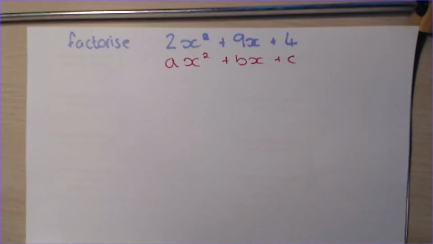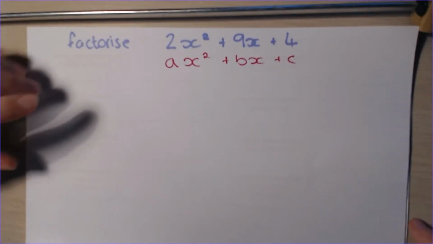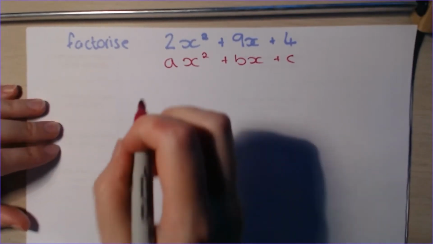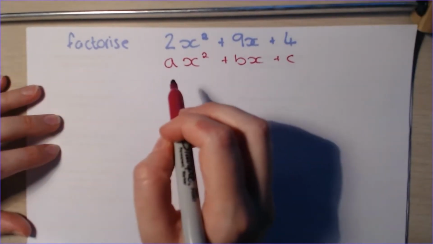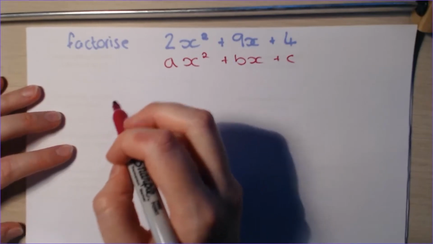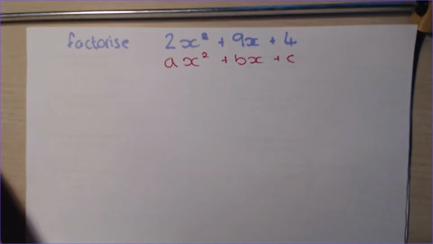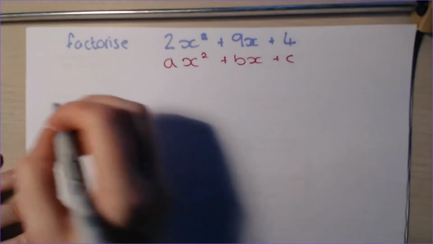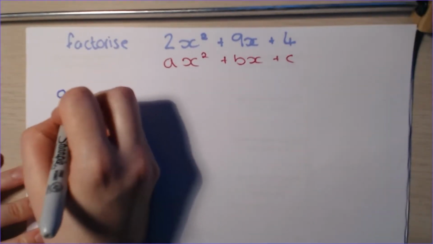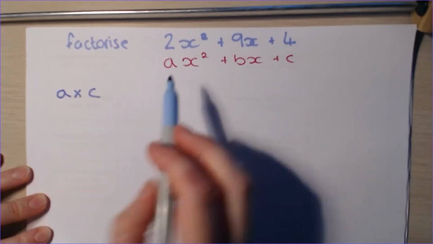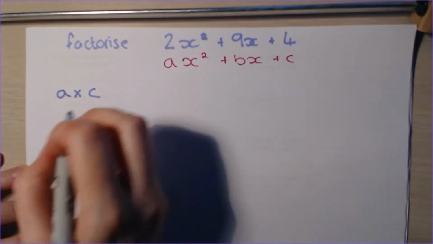I've given you already some steps on what to do, but let's just go over them as a bit of a reminder. Please take some notes and copy down. I'm going to do 3 examples. Can you please make sure you've got at least 2 of them in your books? So our first step is to multiply a by c. In this instance that's 2 times 4,